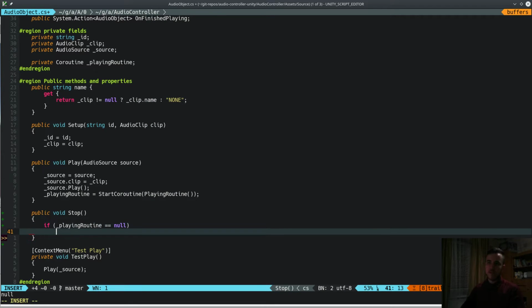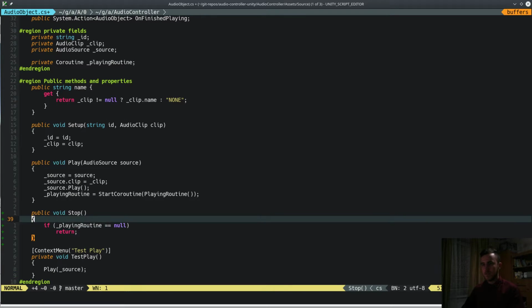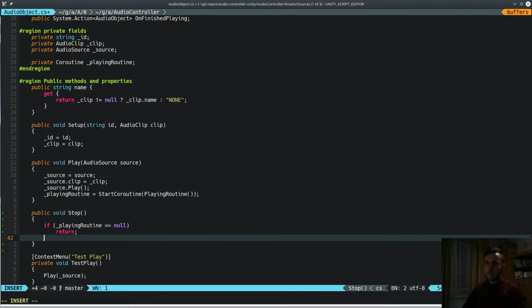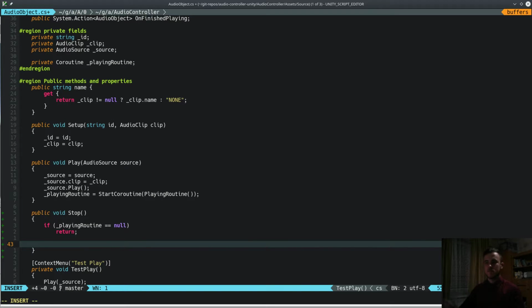So what we want here is, if this audio object doesn't play anything, then we need to just ignore and return and exit this method. But if we see that the audio object is playing something, then we should stop it. So first of all, we could just call source stop,